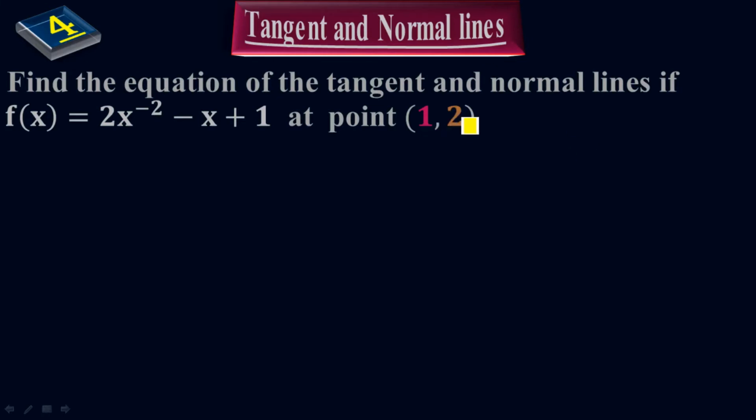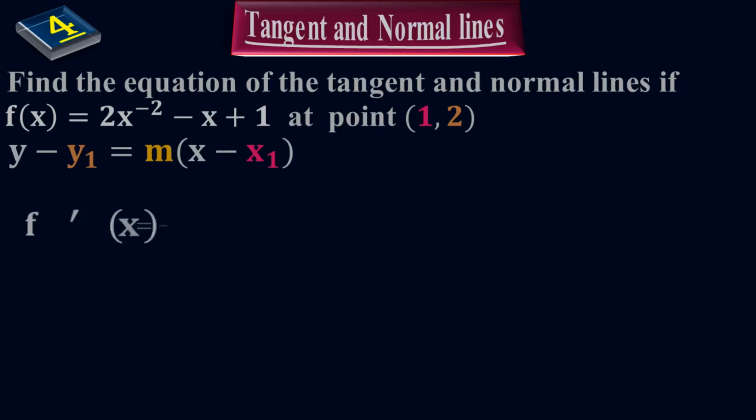which is (1, 2). I need three things: x sub 1, y sub 1, and the slope of the line, which is m. So when you look at the statement, two parameters have been given here, which are x sub 1 and y sub 1. But I don't know the slope of the line, because in the question I need the slope of the line, which is m. So to find the slope of the tangent line, take the derivative of the function,